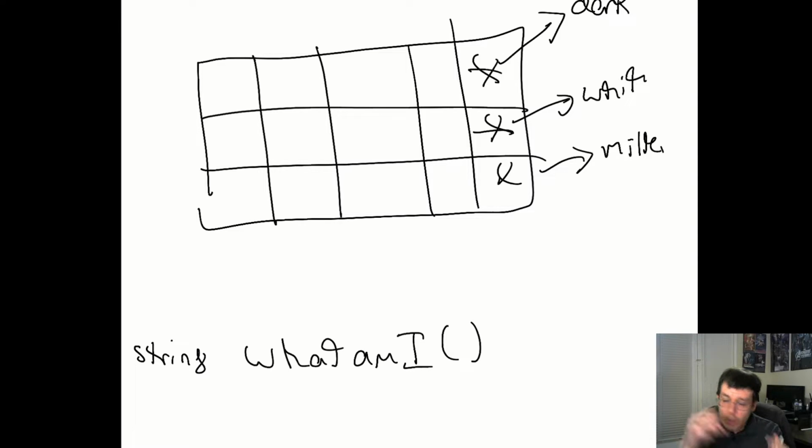So once you call the what am I function in a separate function that you're checking what the chocolate is, which I believe is called the take chocolate function. So when you call the take chocolate function, it's going to randomly select one of the coordinates from here. It's going to take that chocolate. It's going to call the what am I function in a sort of switch statement, and it's going to look there and see what it returns. And if it returns the word dark, then you know that this is actually a class dark. So it's a dark chocolate.